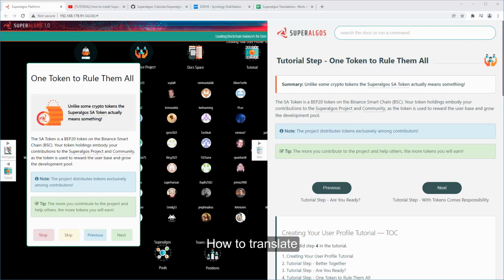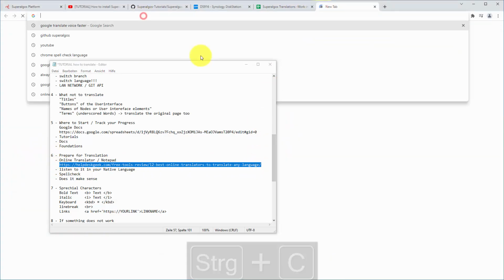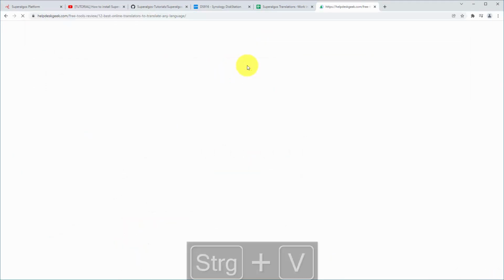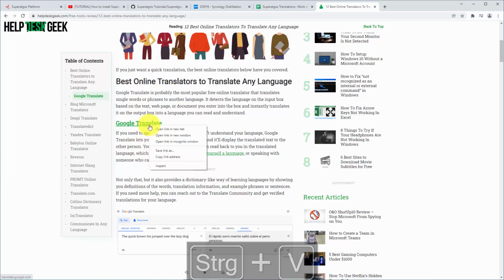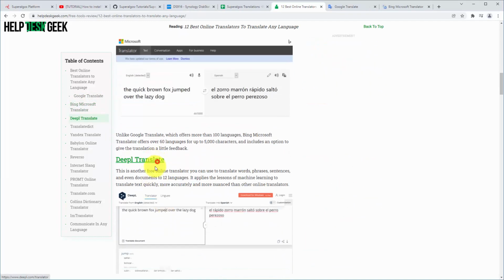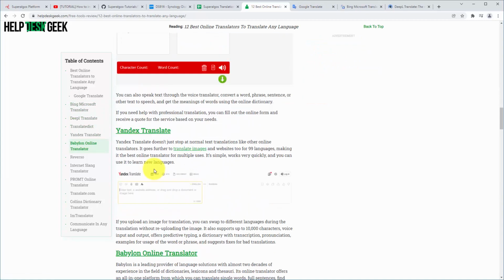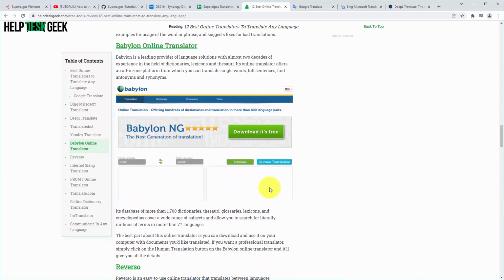Next, what is the best way to create the translations? Spend some time to work out a workflow for you. I recommend to start with an online translator. Here is a pretty good list. There's Google Translator. Open that in a new tab. Microsoft Bing, open a new tab, DeepL, open in a tab, and many, many more. It is really recommended to try out first and test which site gives you the best translations in your language to start from.